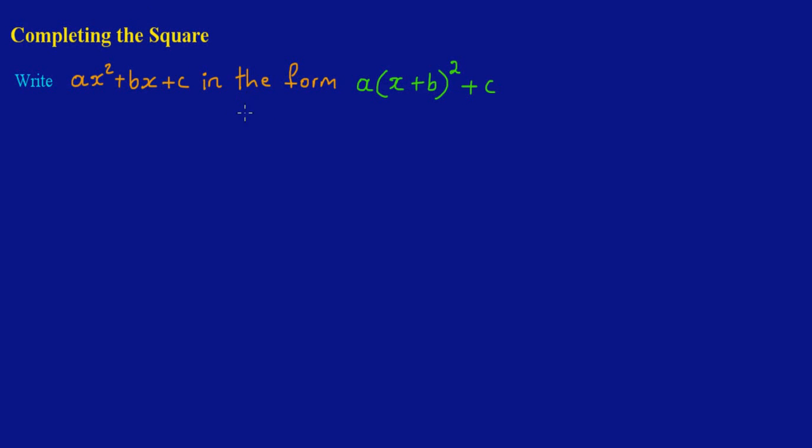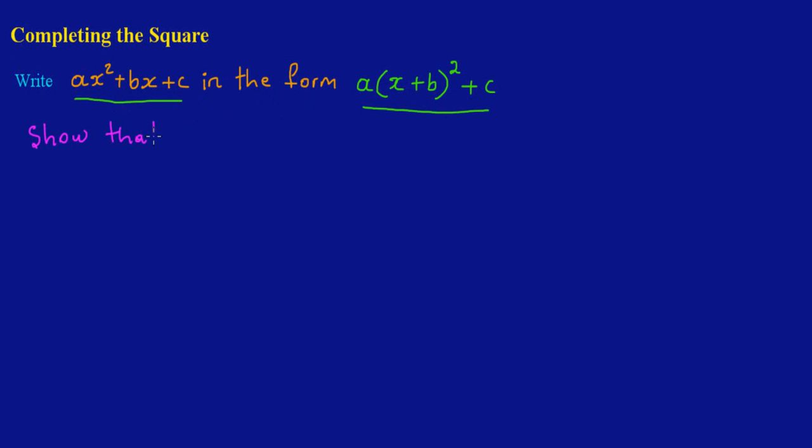Hi guys, in this video we're going to be looking at how we write a quadratic expression ax squared plus bx plus c in the form a times x plus b all squared plus c. Now basically this form of a quadratic and this form, they're really the same thing, they're equivalent, right? So in the exam we could be asked that question, or they could ask us to show